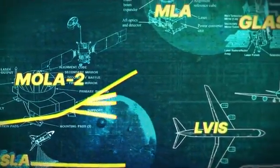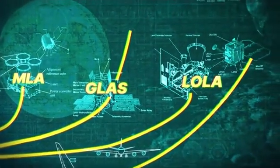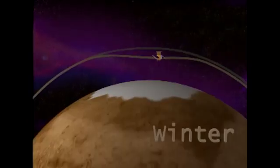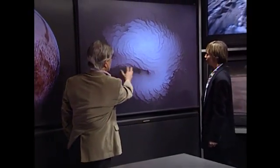The Goddard team quickly began to see the evolution of LiDAR missions, building on the successes of new frontiers mapped by MOLA. We've measured the seasonal changes in the Mars ice caps, both the North Pole and the South Pole. We've measured the volumes, we've measured the mass that's involved in that. We now have a density. So now we know the kind of processes that are taking...